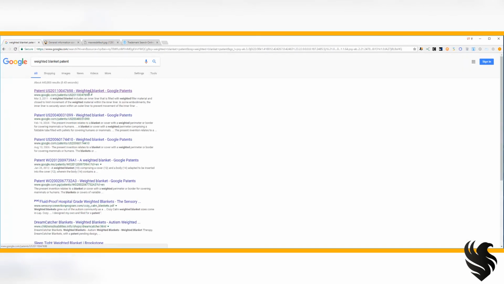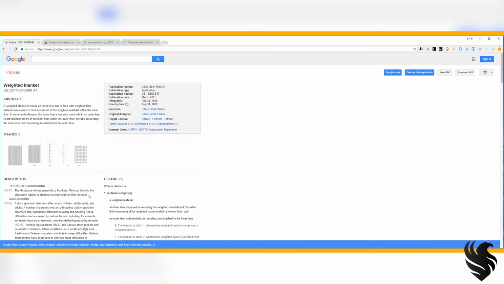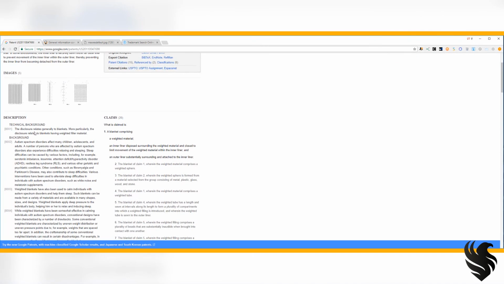We see here the first one that comes up, weighted blanket, and there's a patent right here. You're gonna see here in Google Patents, it'll tell you a little bit more about it. Here's the patent number. When we read here, it describes exactly the same item that we were looking at. When we read what it's for, autism, anxiety, relaxation, and then describes it, it is spot on exactly the weighted